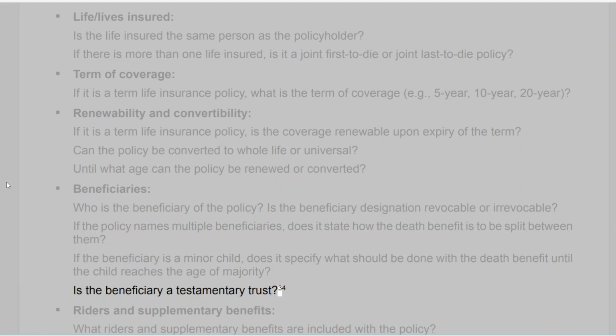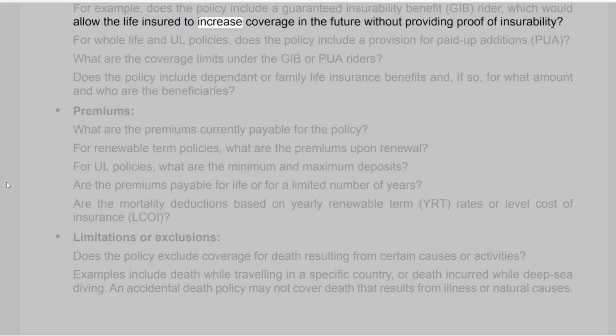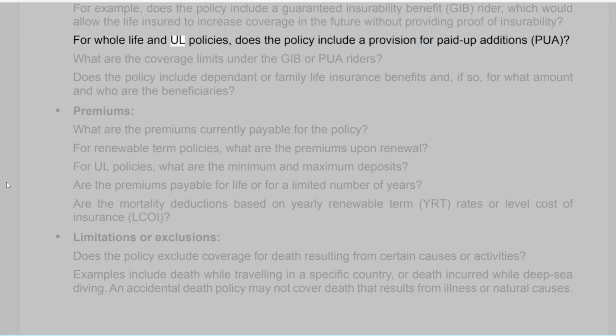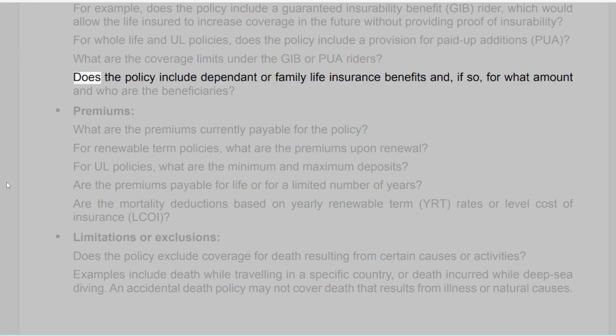34. Riders and supplementary benefits. What riders and supplementary benefits are included with the policy? For example, does the policy include a guaranteed insurability benefit, GIB, rider, which would allow the life insured to increase coverage in the future without providing proof of insurability? For whole life and UL policies, does the policy include a provision for paid-up additions, PUA? What are the coverage limits under the GIB or PUA riders? Does the policy include dependent or family life insurance benefits, and if so, for what amount and who are the